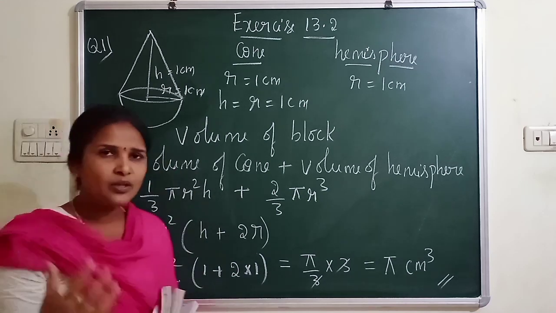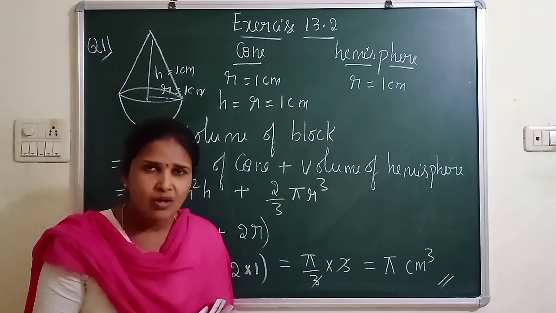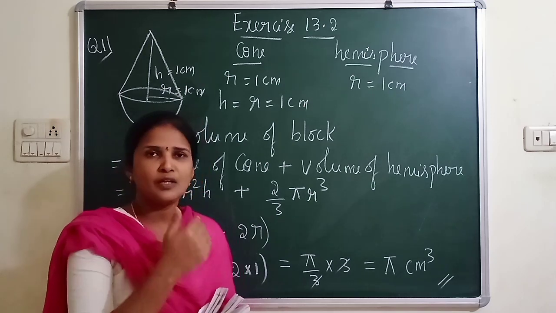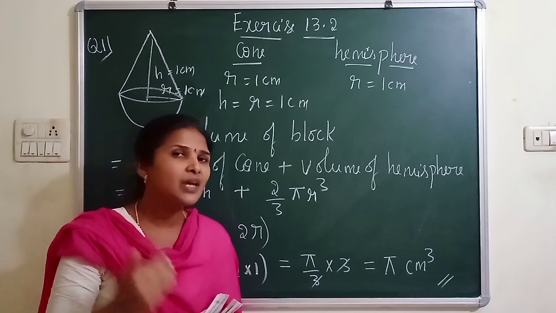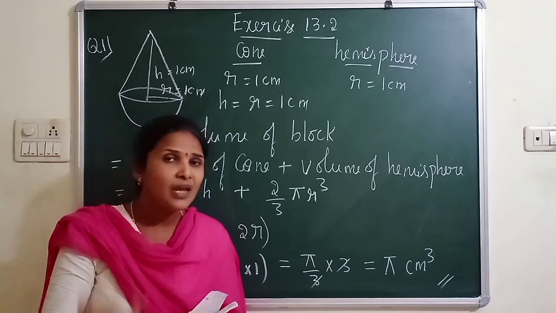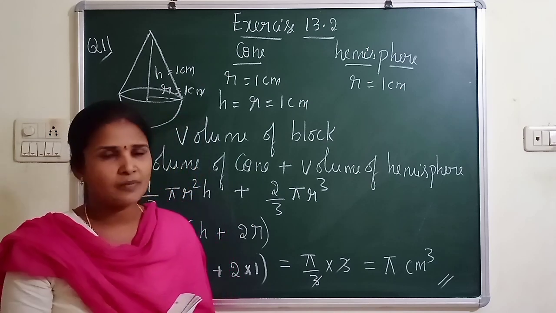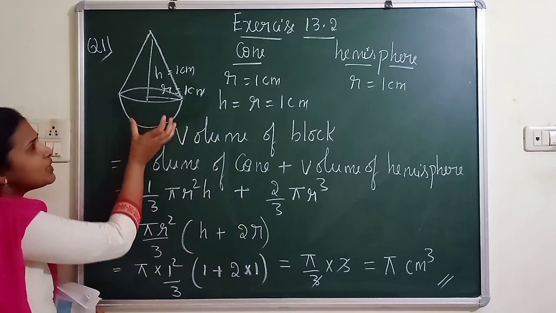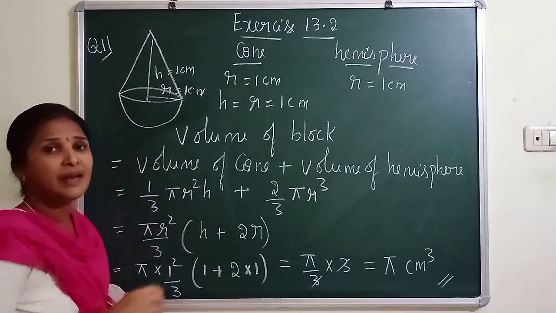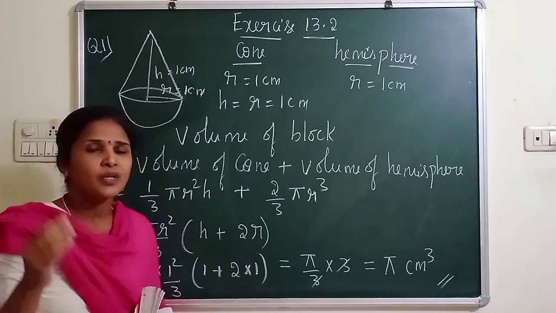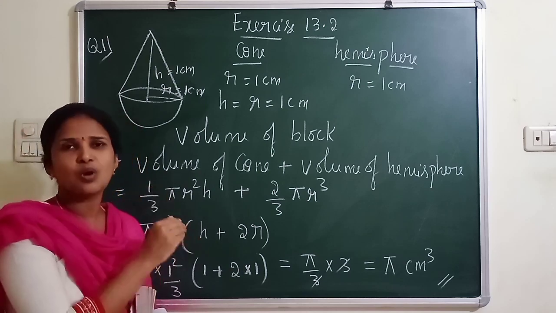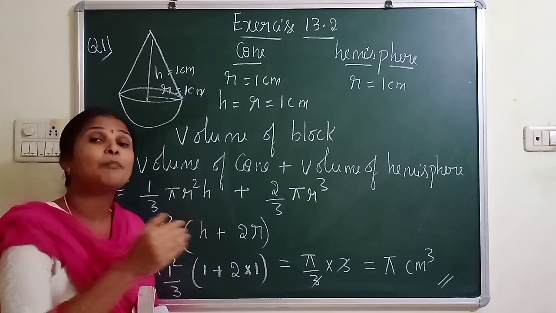I already told you that in the case of area also, sometimes we add and sometimes we subtract the areas. And in volume also, sometimes we add and in some solids we subtract. First let me tell you when we add and when we subtract. Here you can see the hemisphere is separate and the cone is separate, and the cone is mounted on the hemisphere. So here we are adding because there is no cavity. Concentrate: when there is a cavity in any solid, in the case of volume we subtract.